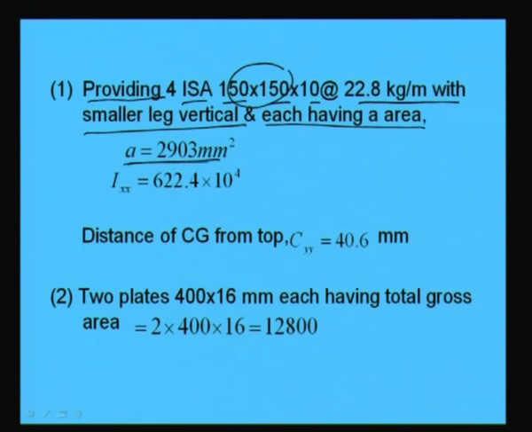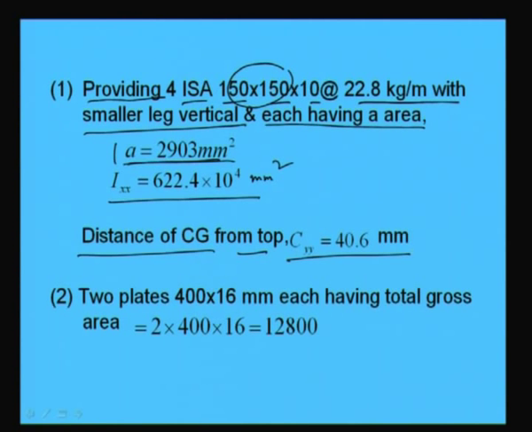So, A will become the area of the ISA section, which we will get from SP 6 the structural handbook, that is given as 2903 millimeter square, and similarly Ixx is given as 622.4 into 10 to the 4 millimeter to the fourth, and the distance of CG from top is